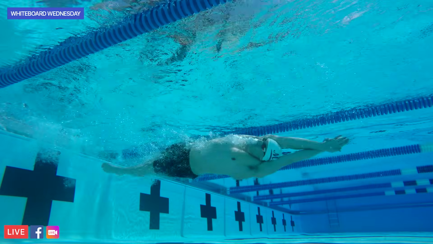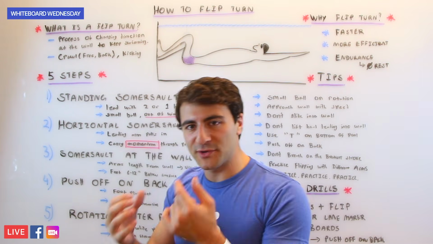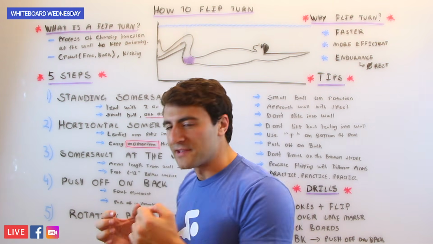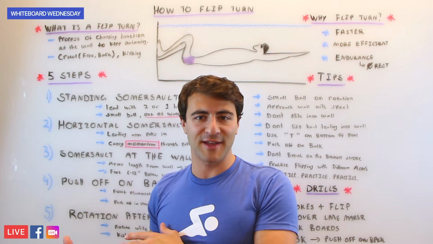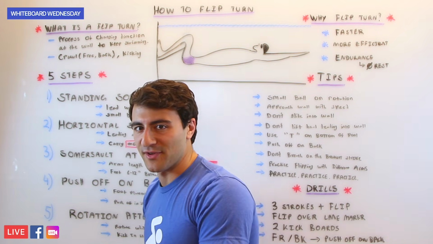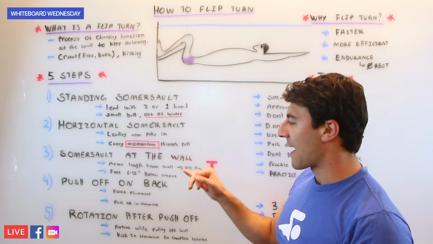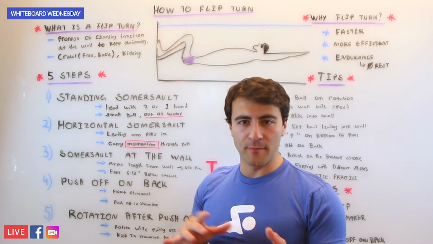A lot of people make the mistake of rotating on step 3. So as you're doing the flip, you're rotating. So that's just a waste of time. If you were going to do that, you may as well just grab the top of the wall, get your breath, and then push off the wall. So it's really important that you only push off and then you rotate. Don't mix them up together.